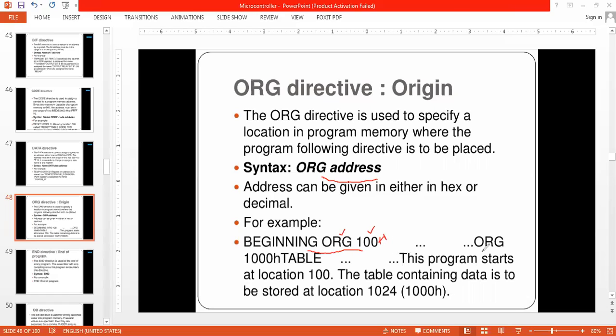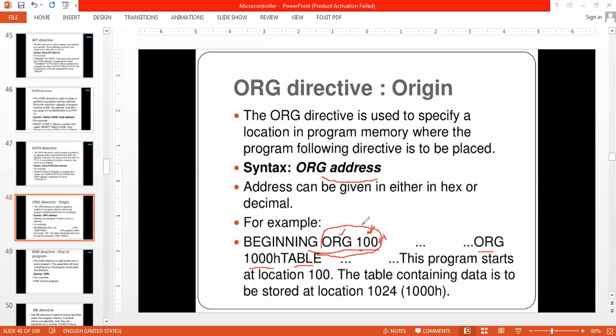Or it can be org 100H with a name like table, any name. Whenever I write org, the program starting address is going to be that address 100. The first instruction is going to be stored in the 100H memory location.